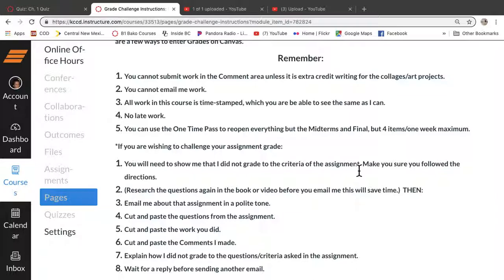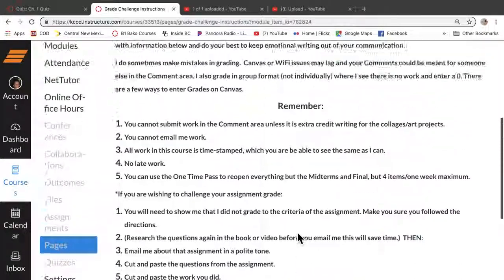Even though you might have worked hard, you did it incorrectly, so you're not going to get a good grade. So a lot of students are like, well, I worked hard, I should get a better grade for this. But you have to show me how you achieved what the assignment's asking you to do. So if, for instance, you did use an Egyptian pyramid reference and somehow I missed it, then you're going to explain that to me. Okay, polite tone always.